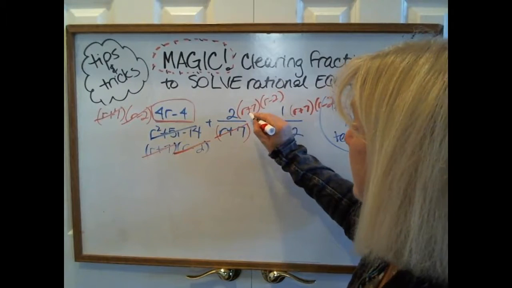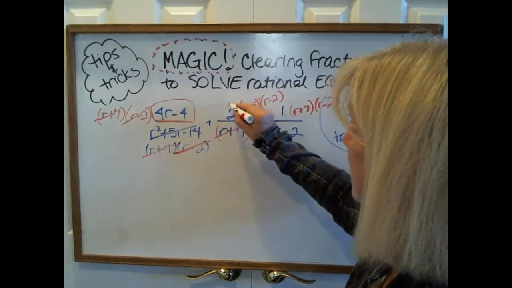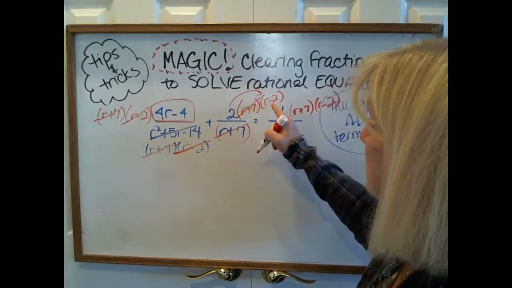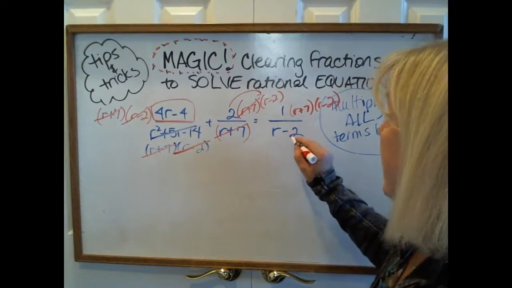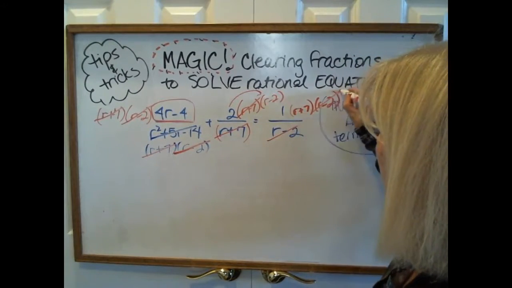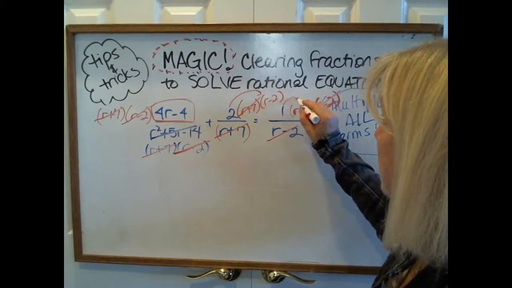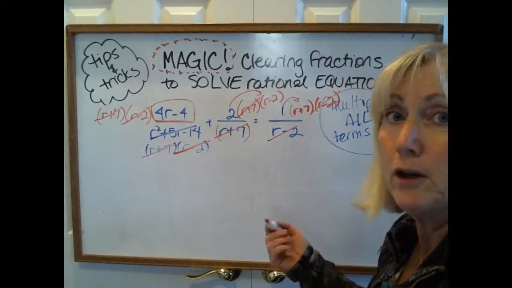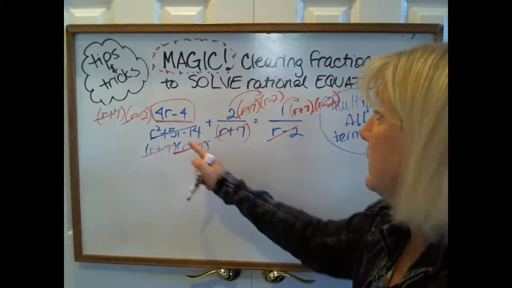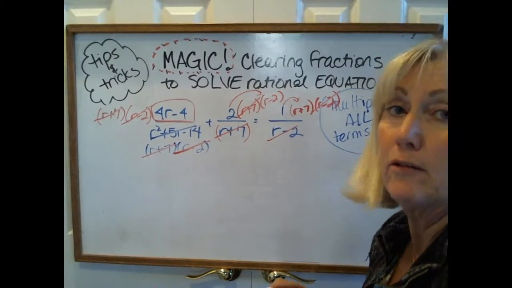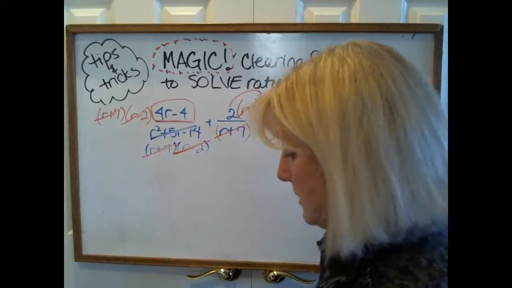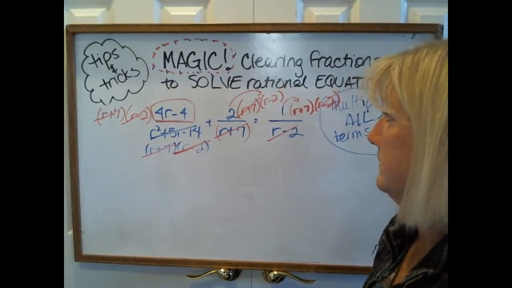That r plus 7 cancels with that r plus 7, so now we're left with the 2 times the r minus 2. And this r minus 2 cancels with the r minus 2 up here, and we're left with 1 times r plus 7. So now I'm going to rewrite everything, and you'll notice everything has canceled out of the denominators. So it's going to be, let me change colors here,